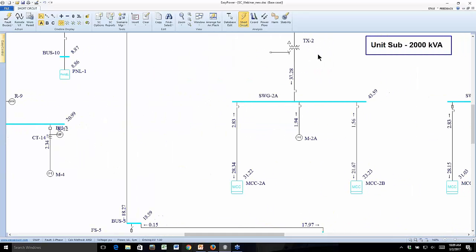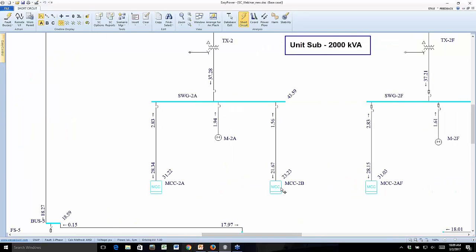If I come over here, I have a similar value here. So in EasyPower, if I have a motor control center or a panel, when I run the short circuit calculations, it's treated like a bus, basically. So I get a total bus fault current and I get the contribution. Now the difference here is I have